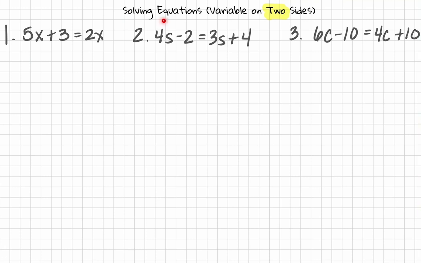The next thing is solving equations with variables on two sides. In order to do that, there are 3 steps. The first one is to simplify, if we can. Then we're going to isolate, and then we're going to solve. So for number 1, I have 5x on this side and 2x on this side. I need to be able to combine these, so I have to maneuver. So I'm going to subtract 2x from this side, and so I have to equally do it over here. That canceled out, and then I have 3x